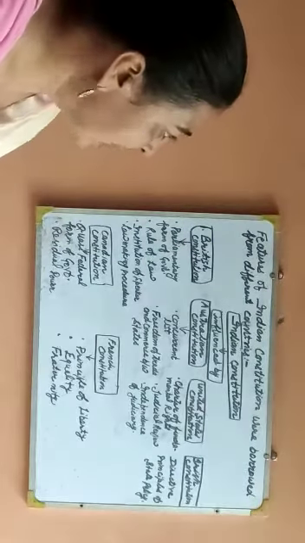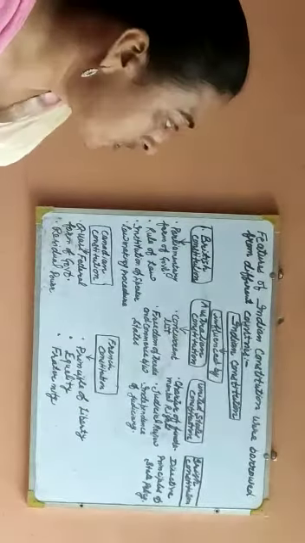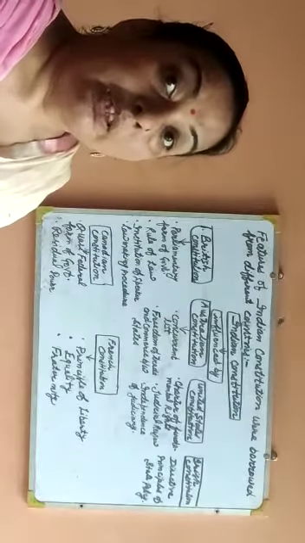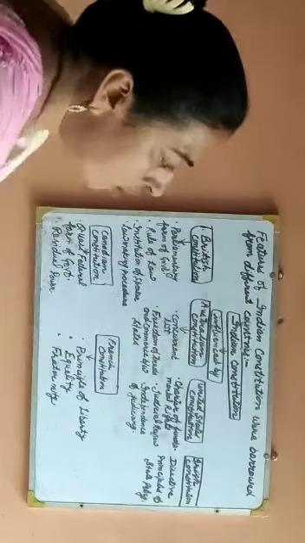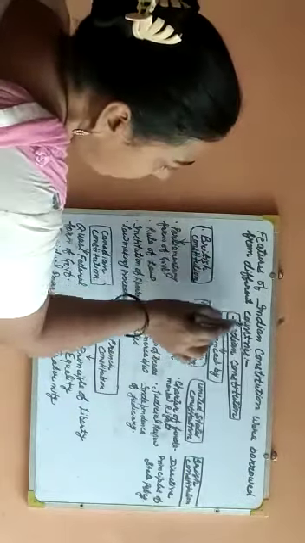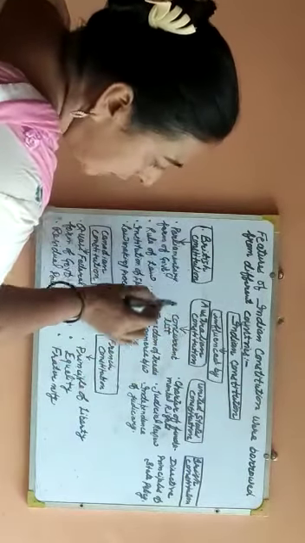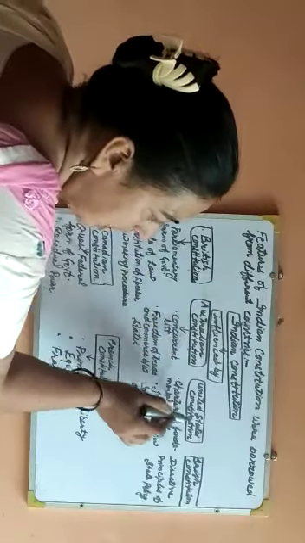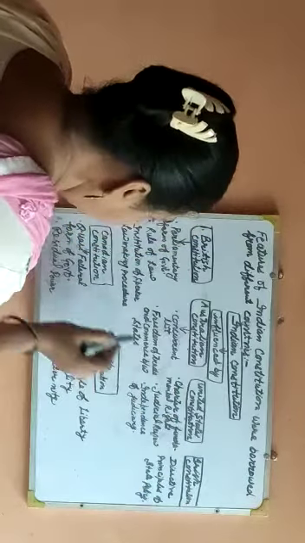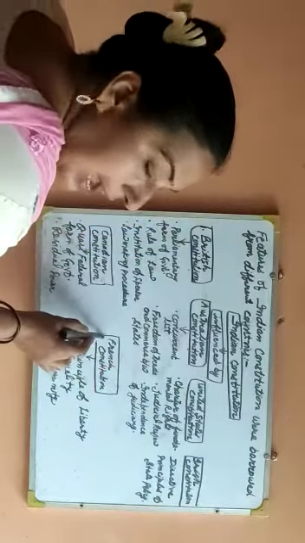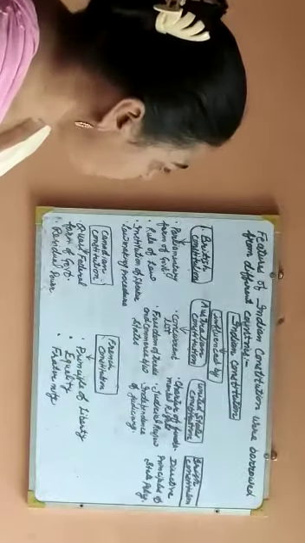Now today our next part is: those features that we found in the Indian Constitution, from where the Indian Constitution took those features. So the features of the Indian Constitution were borrowed from different countries. First is the British Constitution, Australian Constitution, United States Constitution, Irish Constitution, Canadian Constitution, and French Constitution. So we will discuss these features one by one.